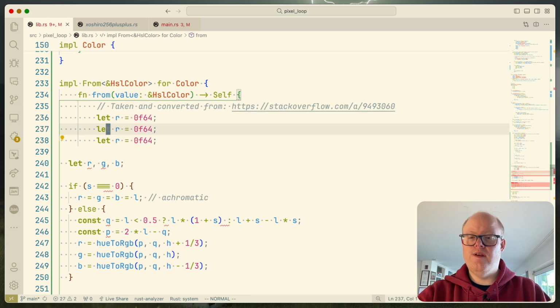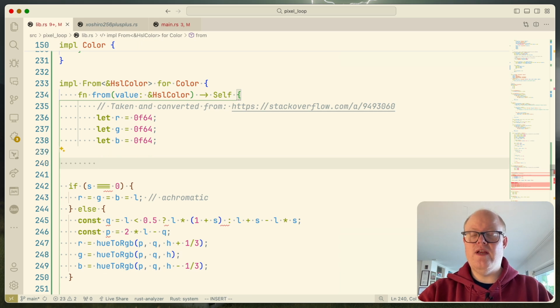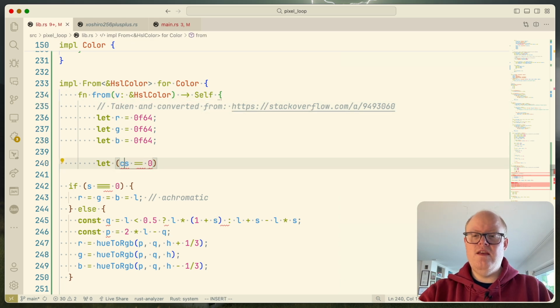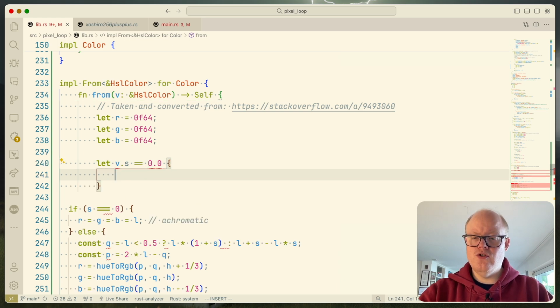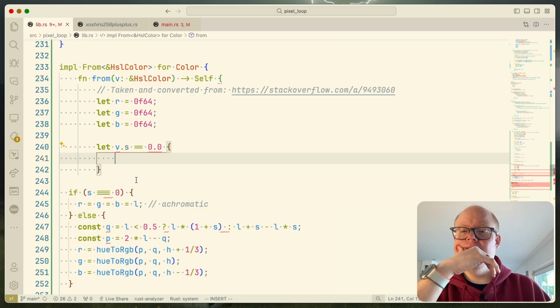RGB. Yeah, let's do that. And then we have this shortcut again: if S equals, so if that's actually then, yeah, let's call that V. If V.S equals 0, then we want to say that they are all, and then is there something like, okay,